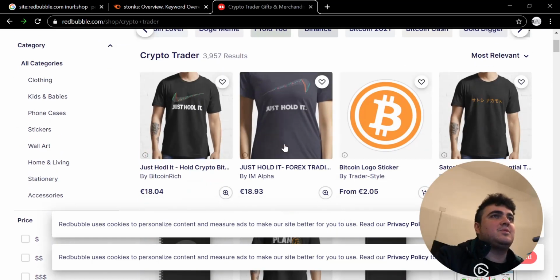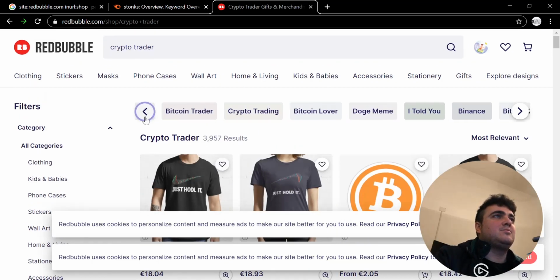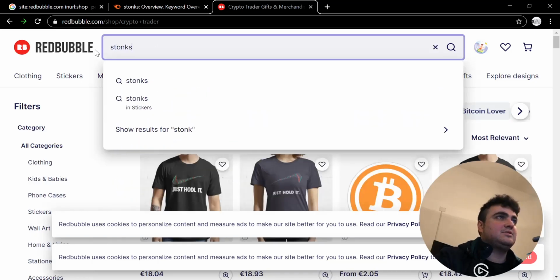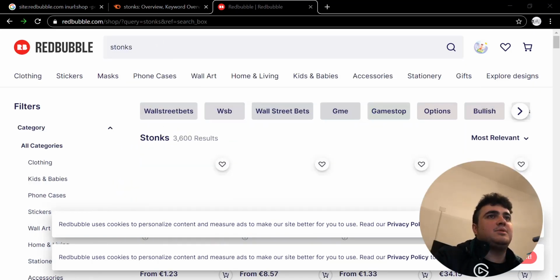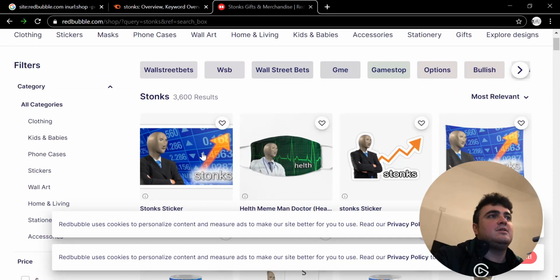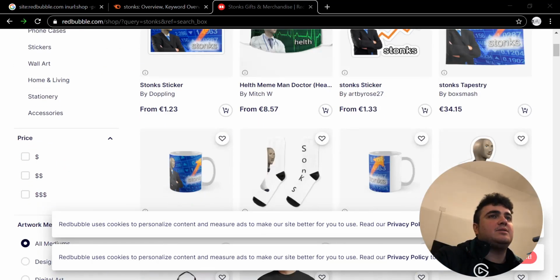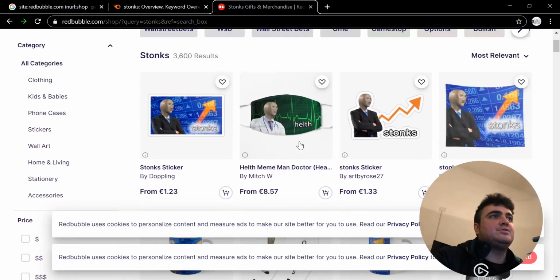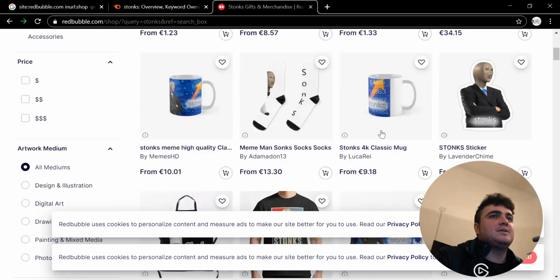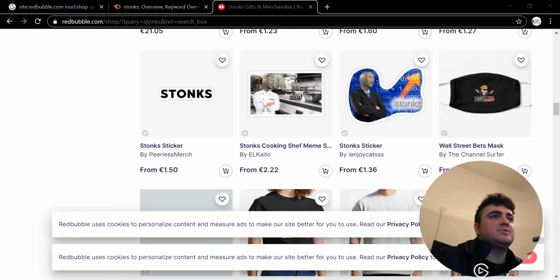But let's say this one isn't saturated. Let's say that you came up with stonks before anybody else. You had the marvelous idea that people would be searching for stonks. Let's say you're here one day, the next day you could be on the 10th page due to algorithm changes, due to people being better at tagging than you, having better descriptions than you.